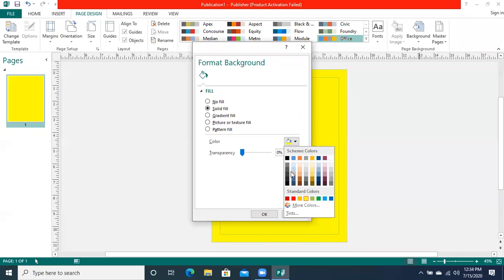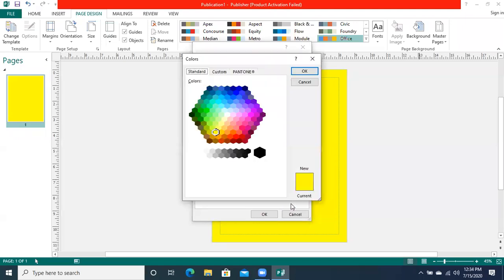Even from all these colors, if you are not interested, you can go to the more color options. In the more color options, you can choose any of the colors. For example, if you think I should mix some greenish color with the yellow color, select it from here.